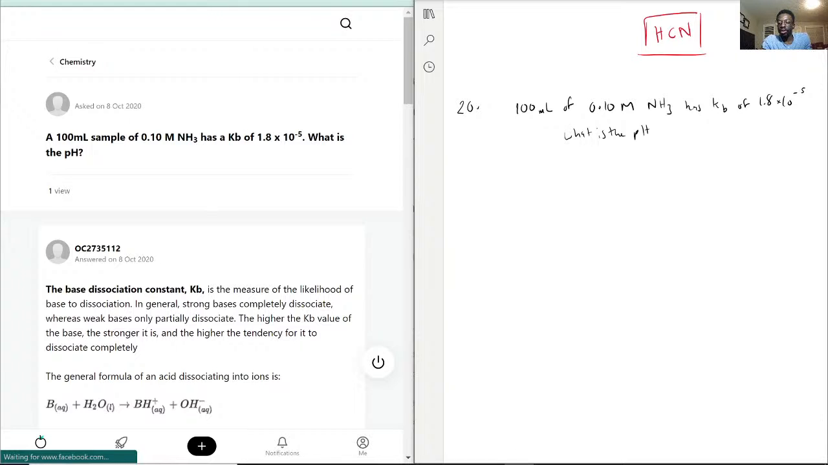So for this, what I like to do is start by writing the equation. NH3 plus H2O turns into NH4 plus OH minus. Now this is key, because this tells you that it's working as a base. As we remember when we discussed earlier, NH3 has that lone pair, attacks the hydrogen, and so we form